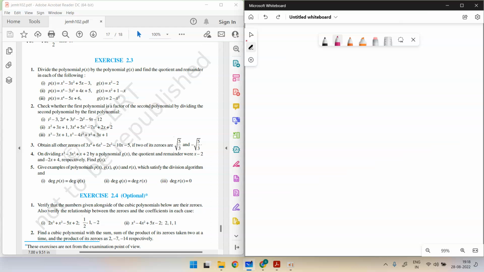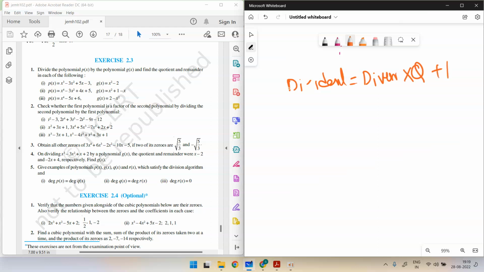Now, dividend equals divisor into quotient plus remainder. If I take it to be p(x)